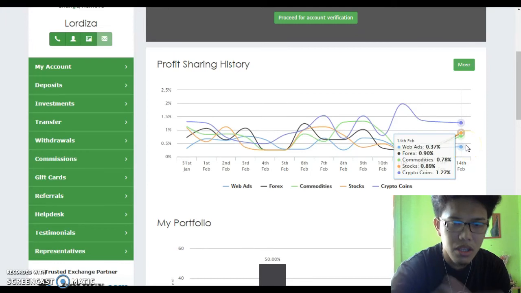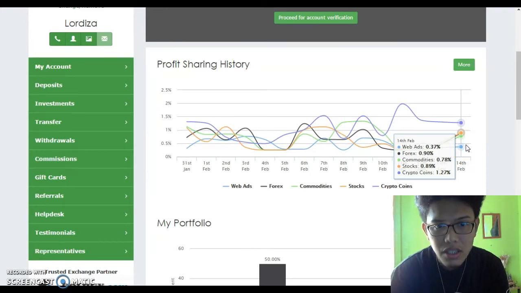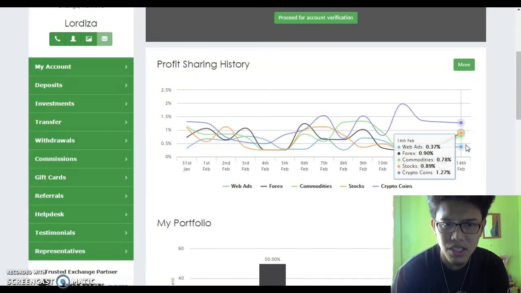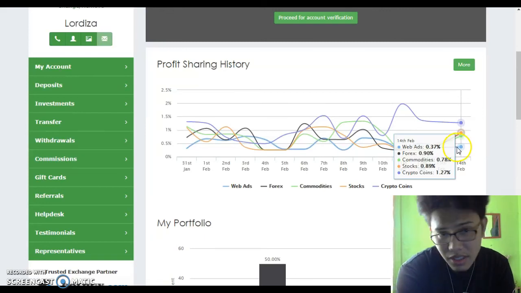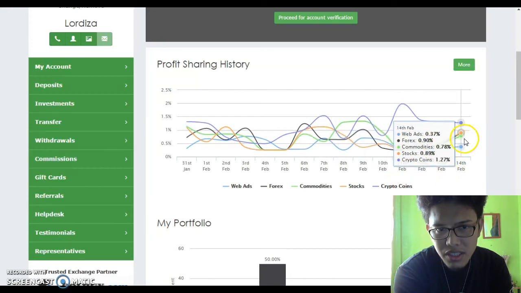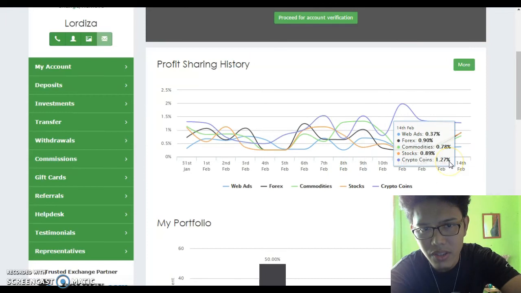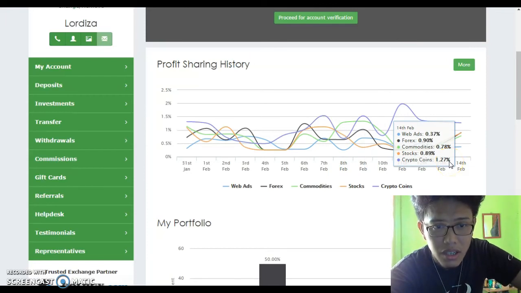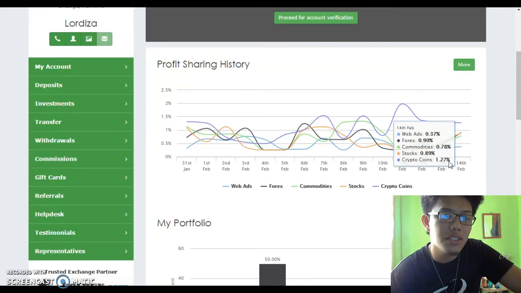Web odds performed 0.37% for profit sharing. Forex, it's 0.90, commodities 0.78%, stocks 0.89, crypto coins 1.27. This is what we invested on Forex and crypto coins. This is the amount that we are getting out from our investment, which is $20 minimum, has a 150% return. So once it matures, it will be $30 back